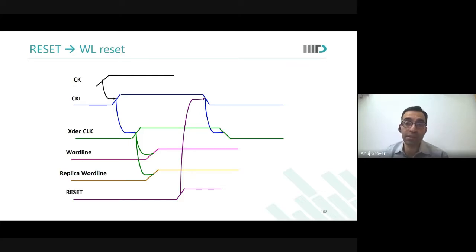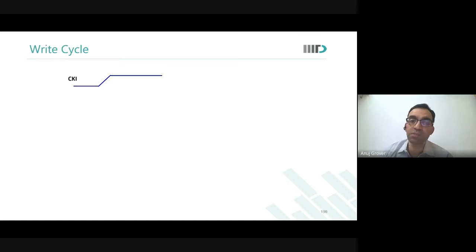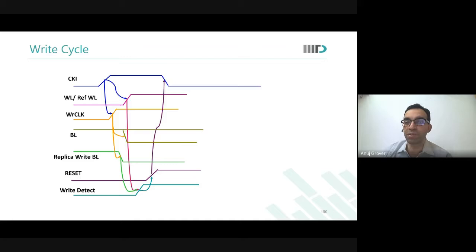So this replica path design, this is also called dummy path design, is one of the most critical activities in the SRAM design cycle or any memory design cycle. Why? Because this replica word line and consequently different signals generated will generate the reset. That will reset the memory for the next operation. So that defines the maximum speed at which you can operate the memory. Because unless the CKI has fallen, you cannot give the next clock. So you want it to be fast enough. You do not want to leave too many margins there. Is that okay?